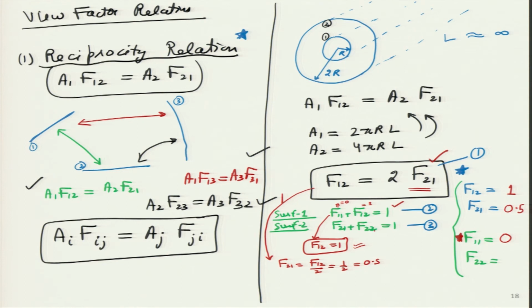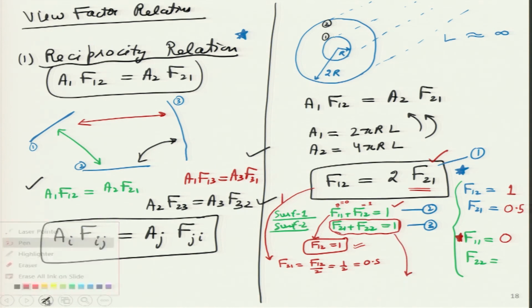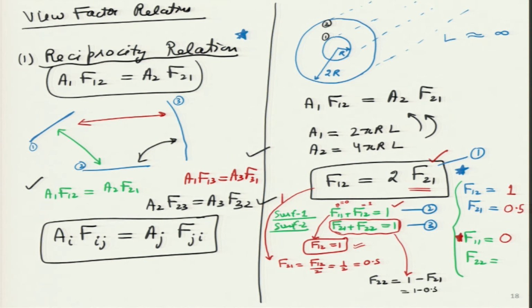Now, let me use the last equation. So, last equation, what does it give me? I will use another ink. It tells me I can calculate the value of F22 as simply 1 minus F21, and the F21 value I already have, which is half, 1 minus half. So, this value is also half over here, which means now I have solved for all the 4 values 1, 2, 3 and 4. So, I will put 4 tick marks over here.